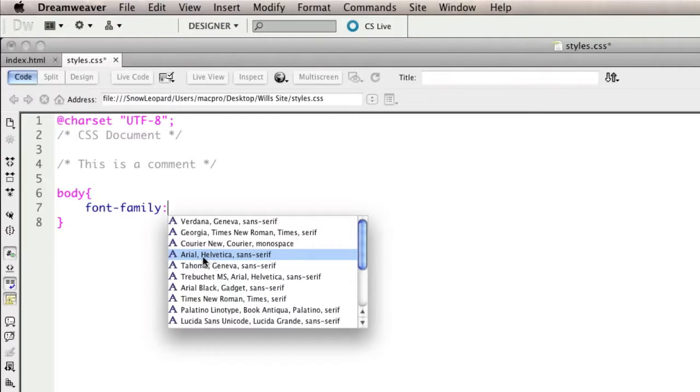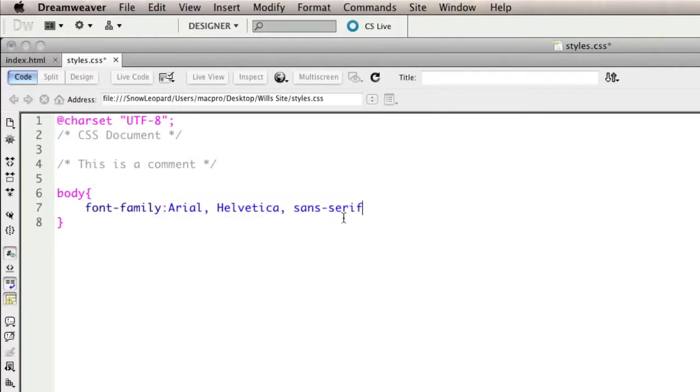If it can't find either of those two, it will default to sans serif, which is a system font. So the reason you're not seeing the list that you'd see if you were looking at something like Word on your own local computer is that not everybody has that overall list of fonts that you might have. So when you're working with fonts on the web, you have to restrict yourself to something that you know other people will have. So I've written a rule for font family on the body, and if I save that